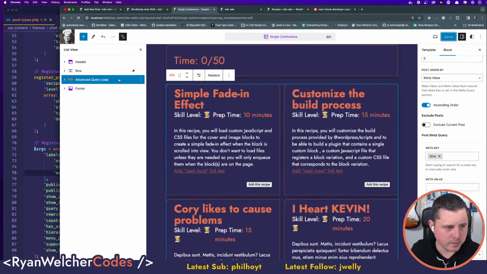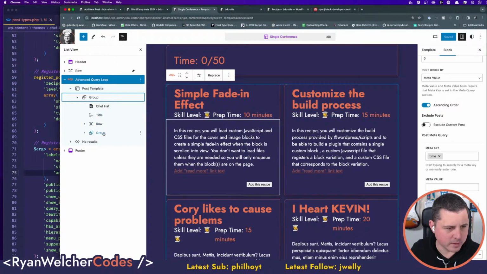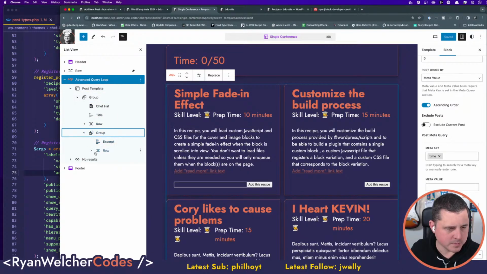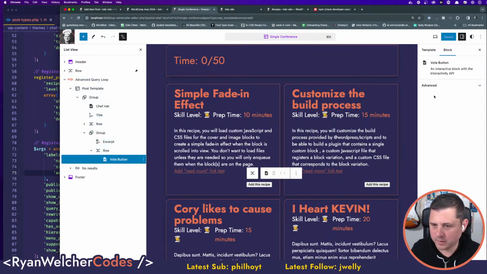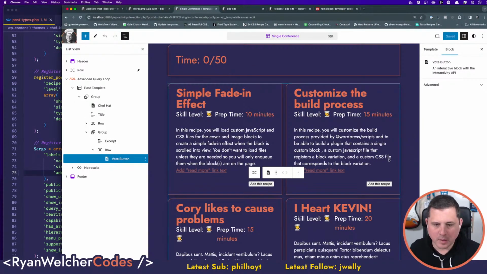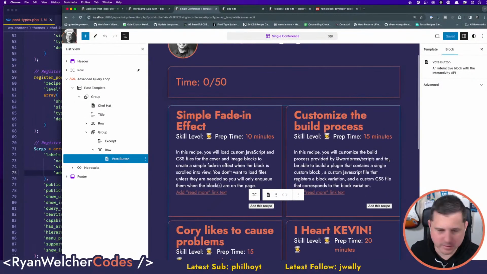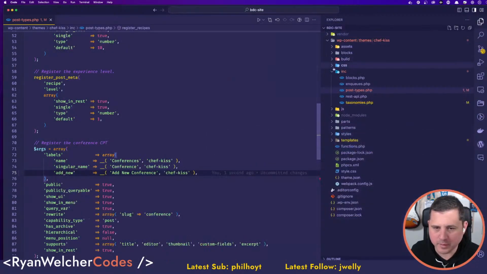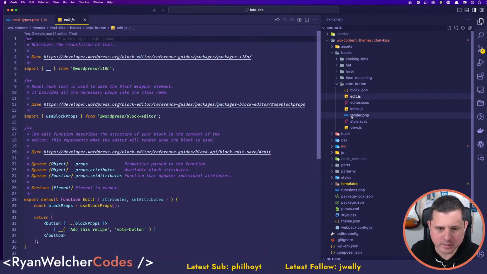So in here, in our advanced post template in the group, we've got an excerpt. We've got the row, the vote button. I've got no styles for the vote button, and I think I should have something going on here. So let's look at the vote button. Vote button is in my blocks: vote button, edit JS, render.